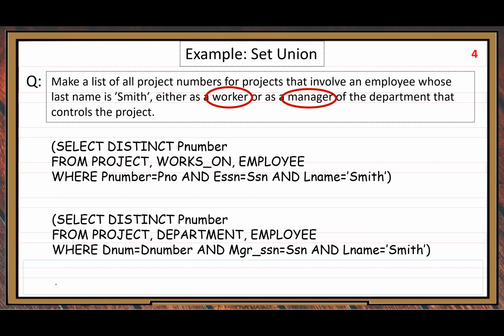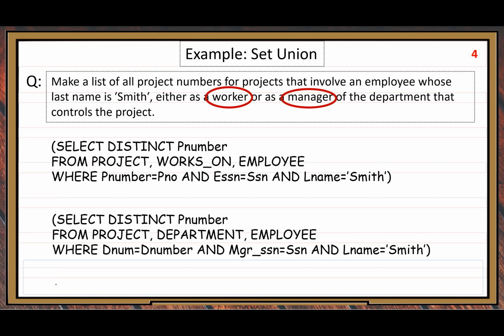Here we select that manager's SSN. We specify that manager's SSN. That employee must be a manager. So many employees who are not managers, we remove from the query result. After that, last name equals Smith. Okay, so you can see these 2